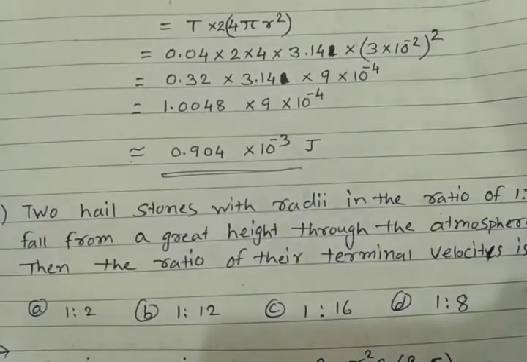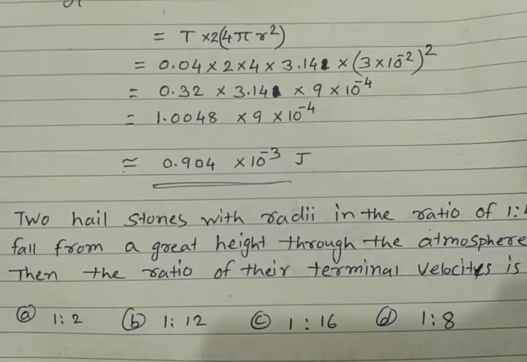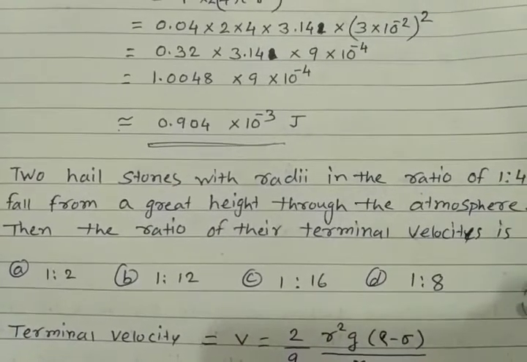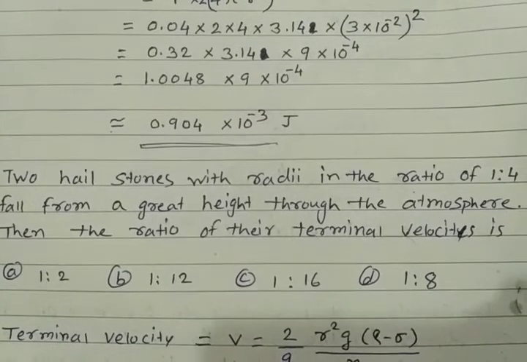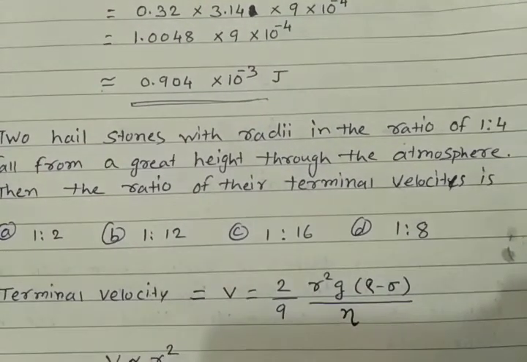Now, the next one, fourth one. Two hailstones with radii in the ratio of 1:4 fall from a great height through the atmosphere. Then the ratio of their terminal velocities is, options are 1:2, 1:12, 1:16 and 1:8. For this terminal velocity, the formula is given by V is equal to 2 upon 9 r